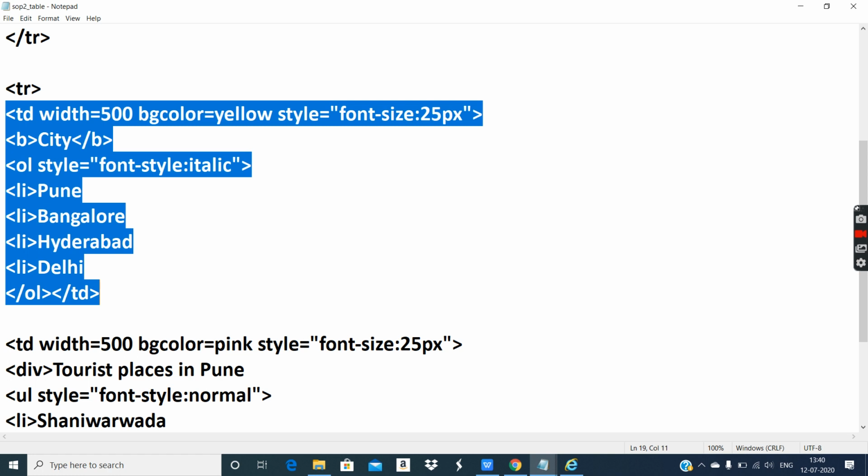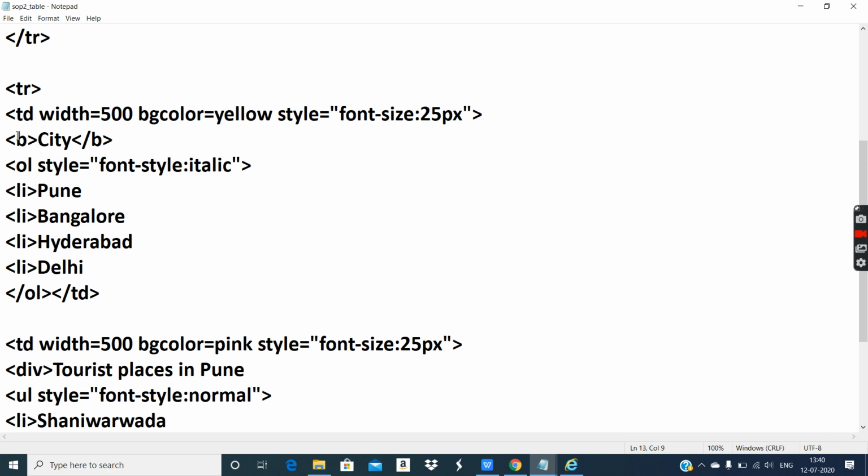But here this text city was bold, so I enclosed city in b tag and gave the necessary attributes. Width I gave 100, background color as per the question, font size. And style is equal to font size, and font style also has to be given. Yes, font style I have given here as per the question.